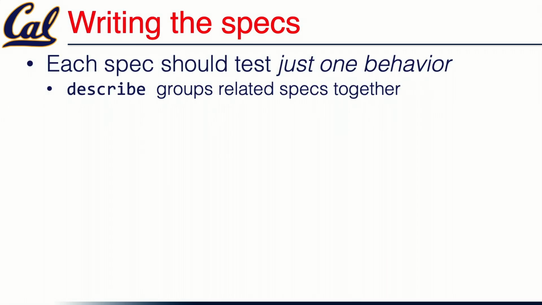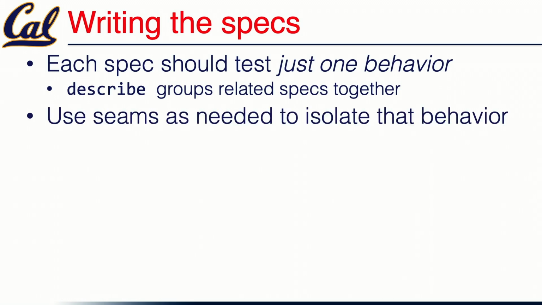And then in actually writing the specs, the most important thing is that each spec is really just testing a single behavior, so that when a spec fails, there's only one reason it can fail, and you know exactly where you should go hunting for the bug. Use seams as needed to isolate that behavior. Use things like allow to receive to control the behavior of a method that doesn't exist or of a method